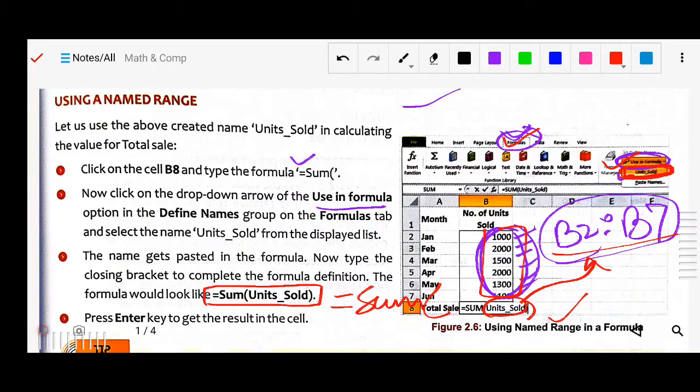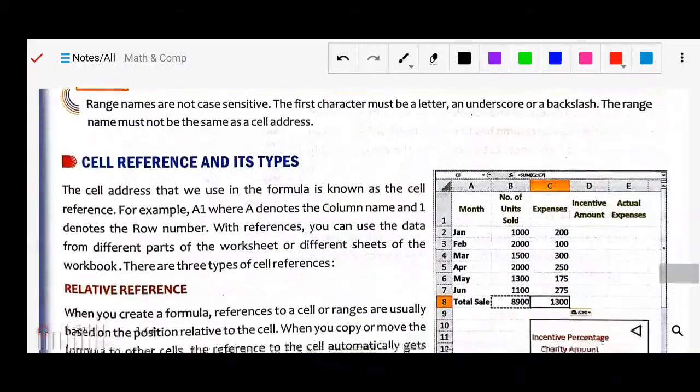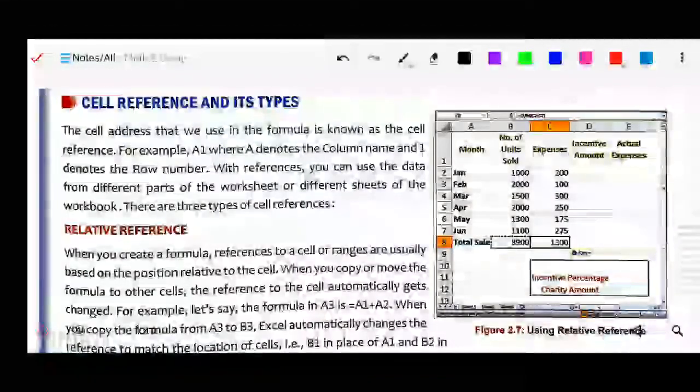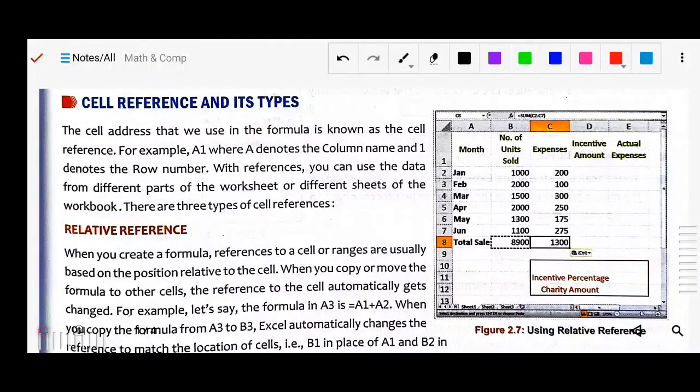Got it? Now next we have cell references and their types. What are cell references? The cell addresses that we use in a formula, like B1, B2, B3, A1, A2, are known as cell references.